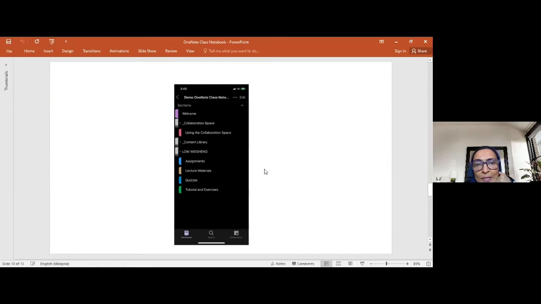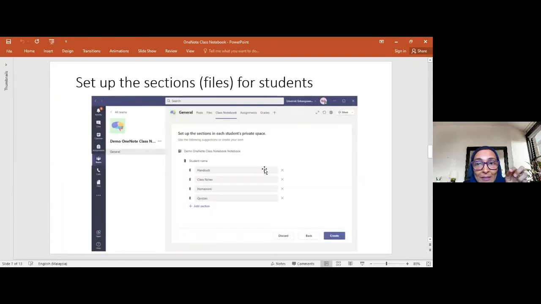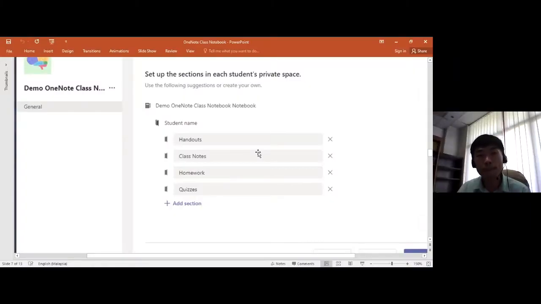Dr. Ang, if you don't mind, we have a conversation as you go along. Yes. So these subsections that you talk about, these are subsections that you made, right? It's not that the system automatically generated them, right? Yes. At this particular step, you can rename, delete, remove, or add, depending on the needs of your design for your classroom. And don't worry, even though you created it and after that you want to change again, you can still make the changes. Okay, good.